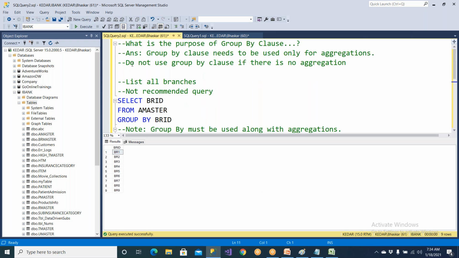So this point is very, very important. A group by clause needs to be used only for aggregations. Don't simply write group by branch ID, group by gender, group by country. No, that is useless until and unless you have aggregations in the select clause. Now,